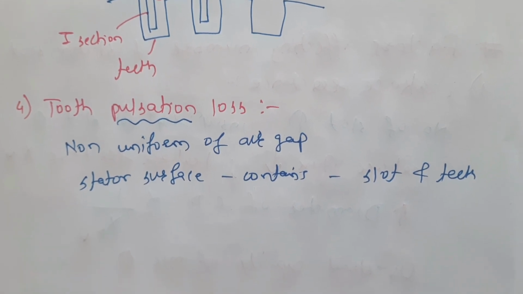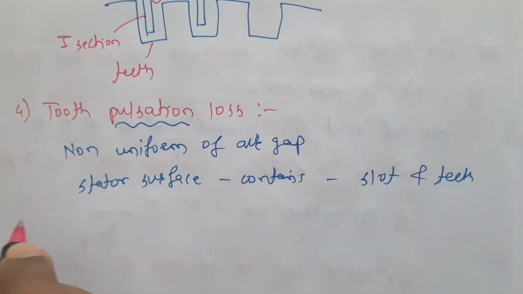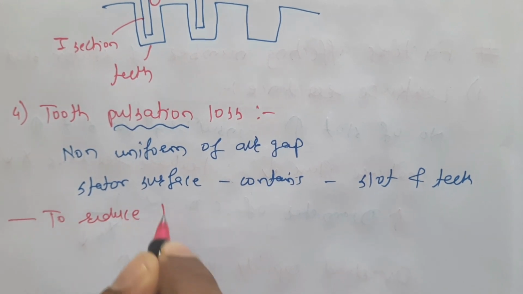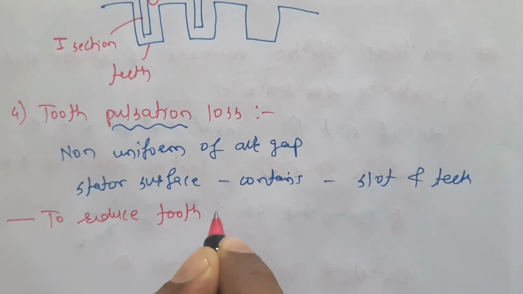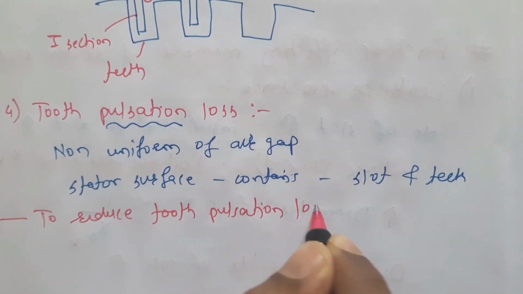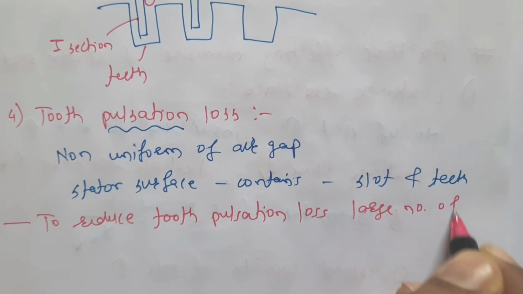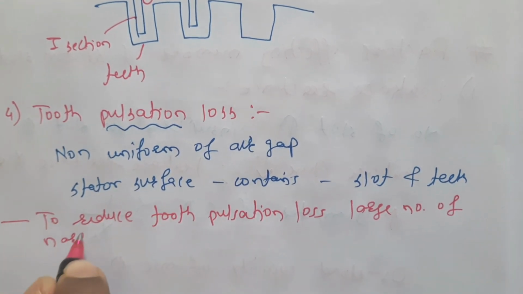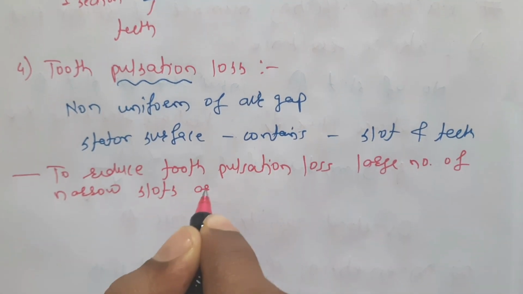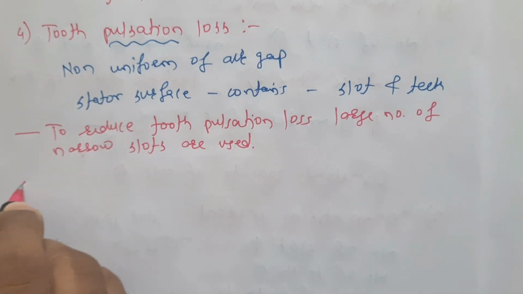To reduce tooth pulsation loss, we use large number of narrow slots. Now, the last point is